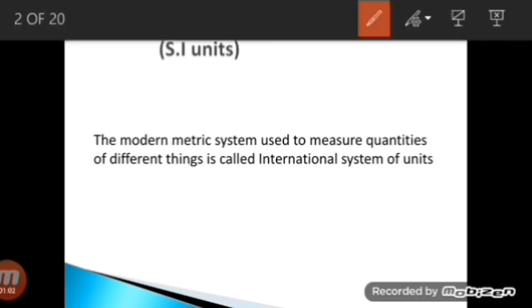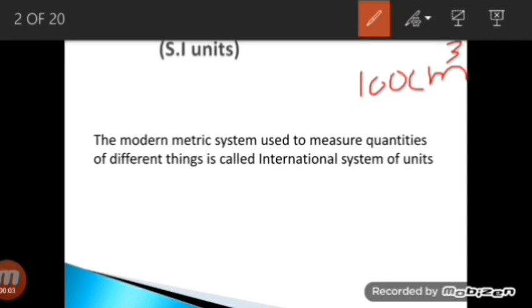Let's suppose someone says that I need 100 what? No one knows. 100 grams, 100 cubic centimeter, 100 liter, or what? Let's suppose more specifically he needs 100 cubic centimeter of water. So this cubic centimeter will be the system international unit, and 100 will be the measurement, the value, and the apparatus which is used to collect this 100 cubic centimeter of water will be a flask, and the quantity which is measured in this case is the volume of water.